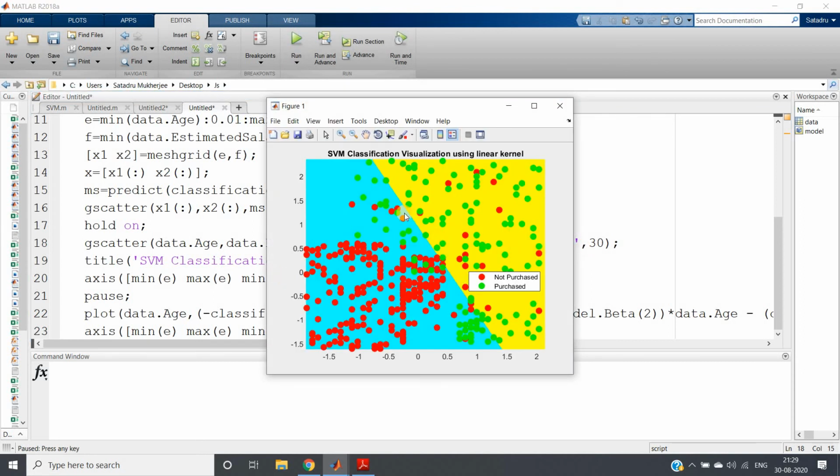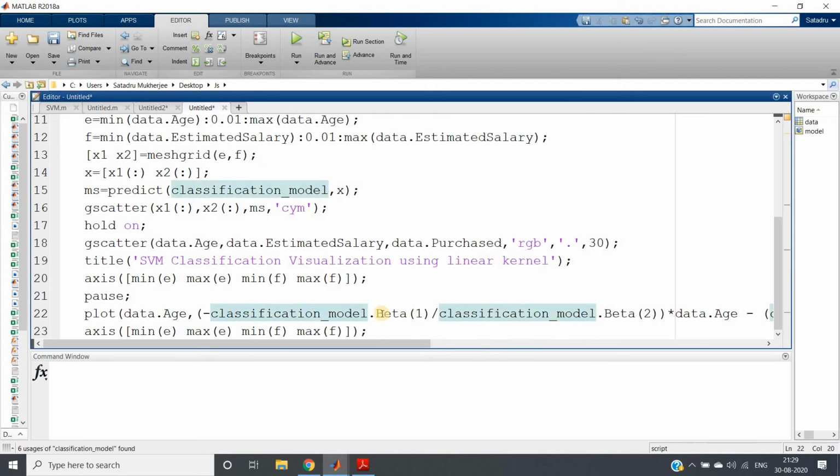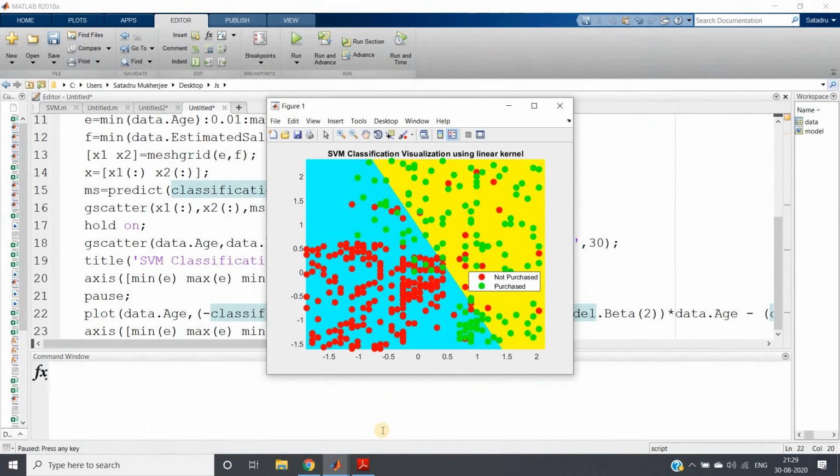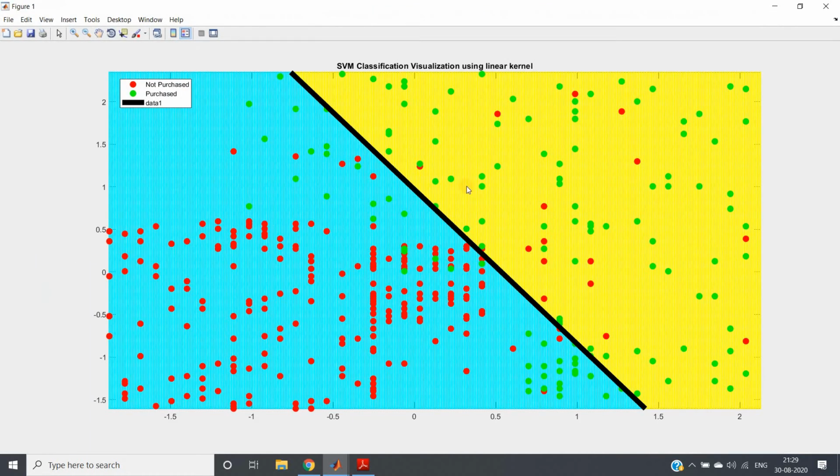When we apply visualization like this, we can clearly understand that this is my decision boundary. But let us again check, or visualize, using the inbuilt properties like beta and bias. I will press any key on the keyboard, suppose I press enter, and see, beautifully this decision line came. So this is our linear classifier for this particular SVM model.